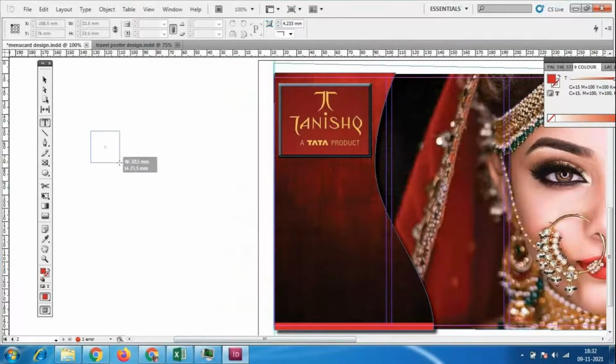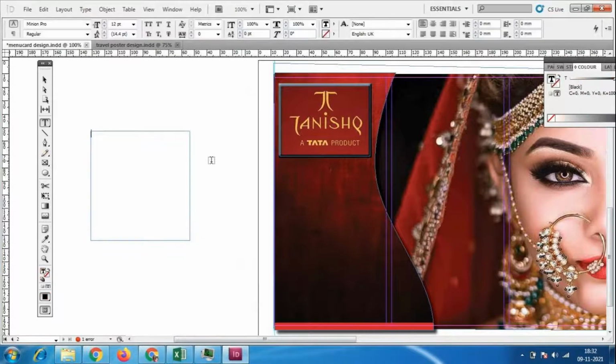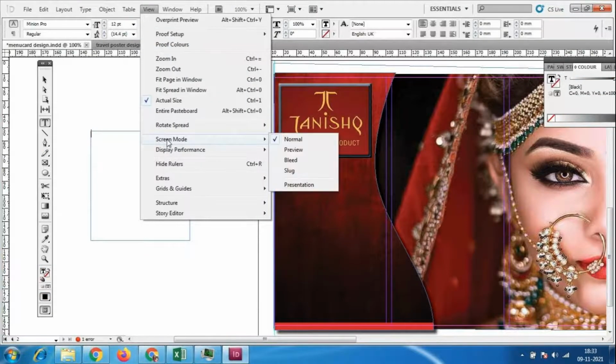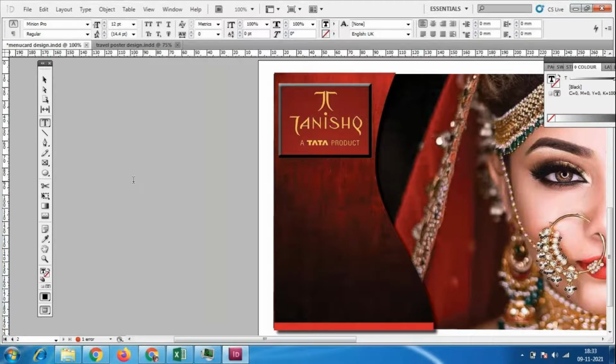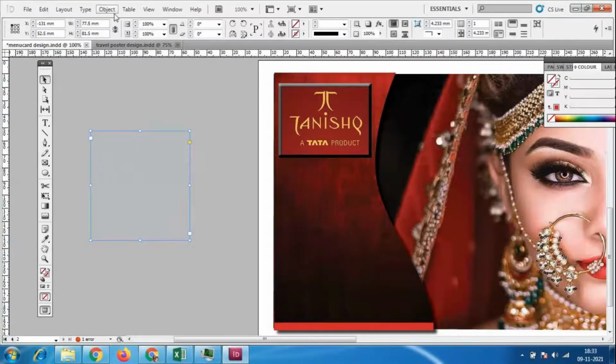Select like this, type, fill with placeholder text.